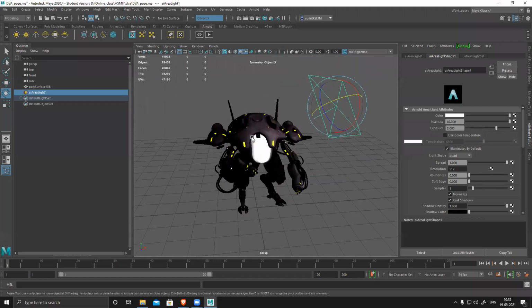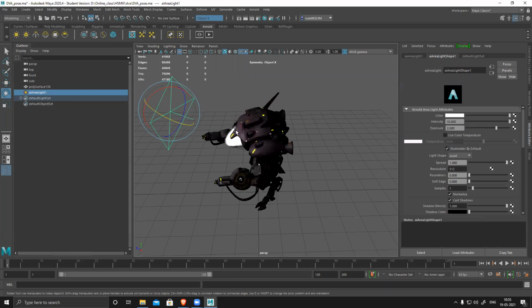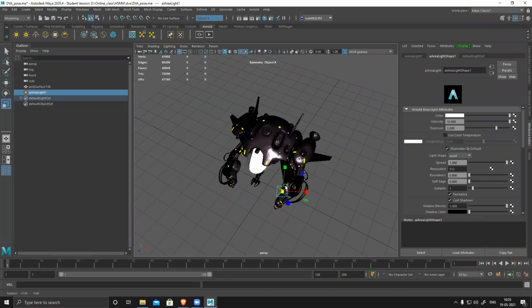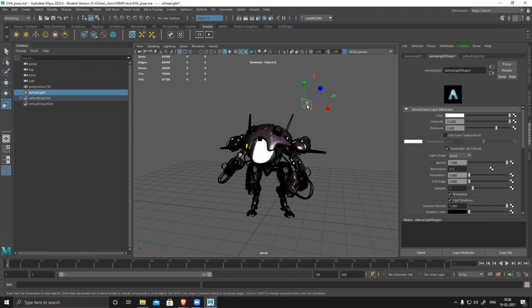And you can see my glass getting this kind of broad white line patch because of the size of the light. So area light, how it works: the bigger the size, the softer the shadow; the smaller the size, the sharper and crispier the shadow. So if I reduce this, you can see all the highlights become really prominent and strong. If I increase it, everything becomes soft.